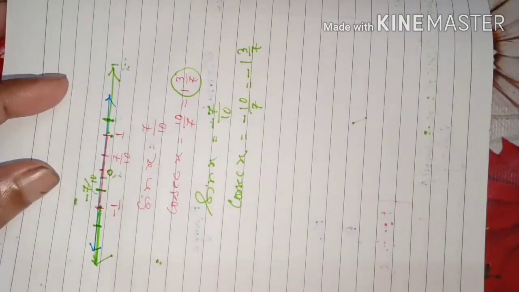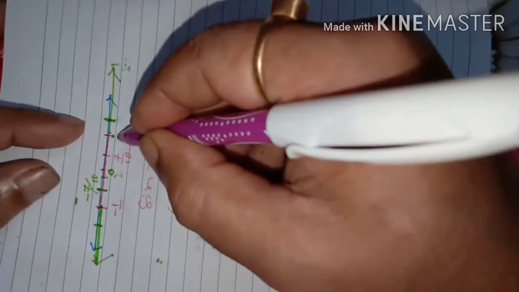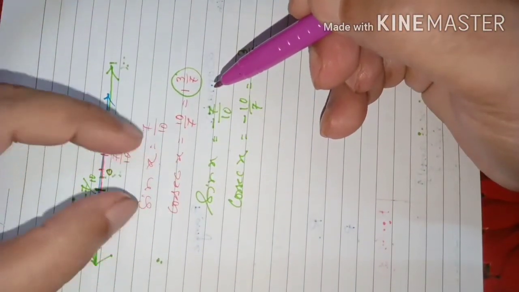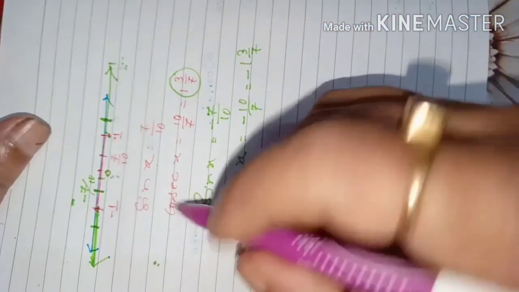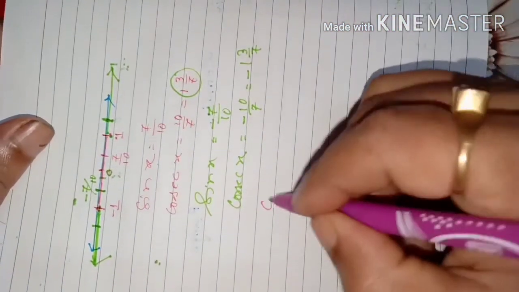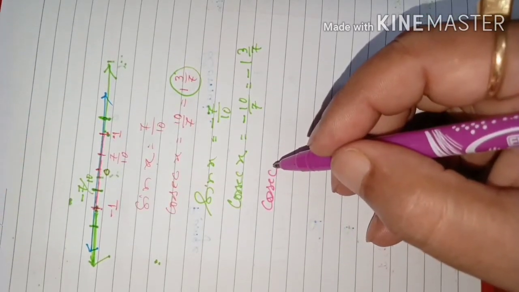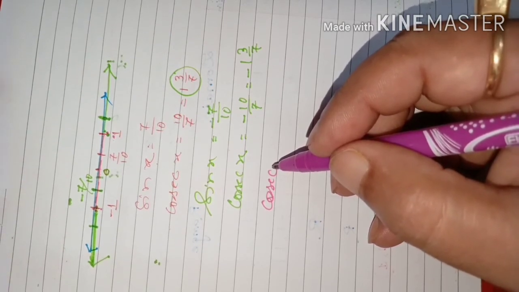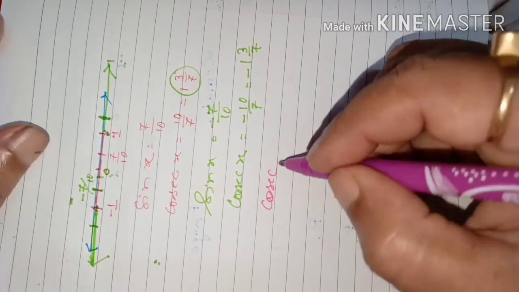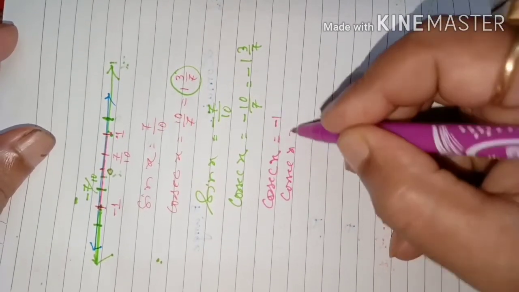So what we can say, dear students, is that no value of cosec will be between -1 and +1, because cosec takes the reciprocal of sine, and sine is fixed. Sine is fixed between -1 and +1, including -1 and +1. Cosec also will take 1 and -1, for angles like pi/2, -pi/2, 3pi/2, 5pi/2. For all these angles, cosec will be -1 or +1. So cosec x can be equal to -1, or cosec x can also be equal to +1.